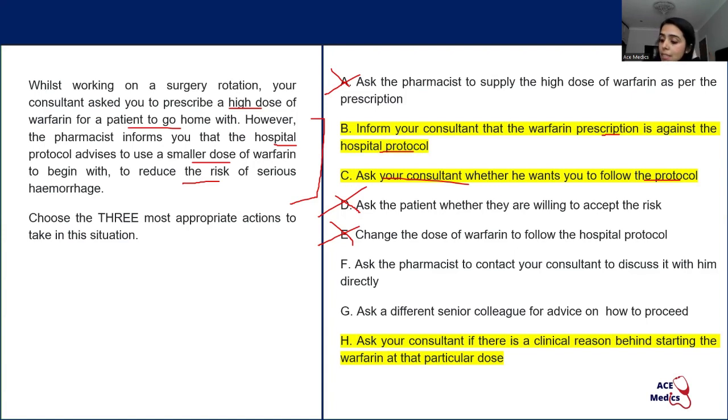So as I did say, sometimes you might see that there are actually 4 options which are quite good, but you need to pick 3. Now, in this situation, option F is not completely wrong. It's not a wrong thing to do. And in real life, maybe you might do that if you're very busy, but actually the pharmacist has come to you highlighting this issue, and you being part of the clinical team of doctors, it's now your responsibility to escalate it up to the consultant. It's not the job of the pharmacist to now go up to the consultant and tell them again. They've already done their part, and it's your role as a junior doctor to now escalate this and manage this